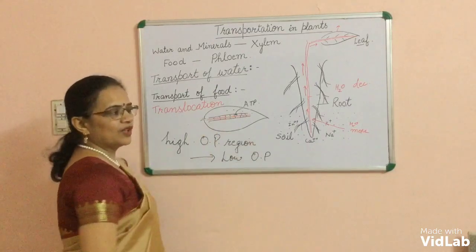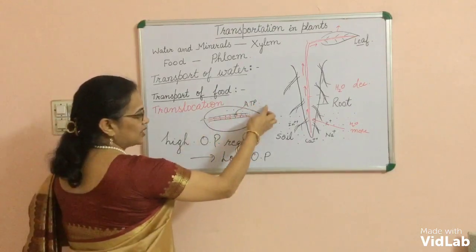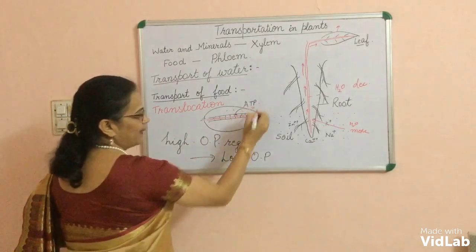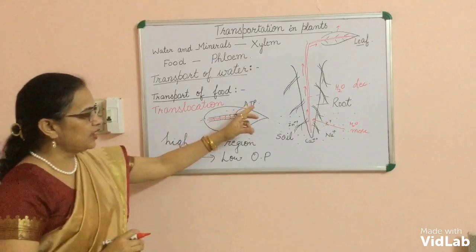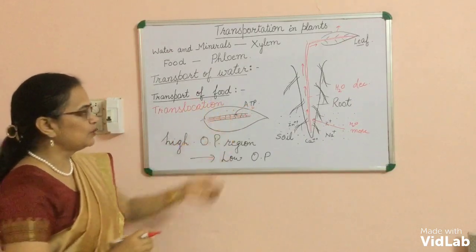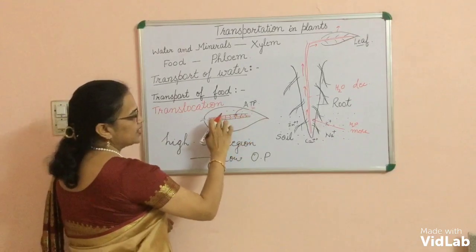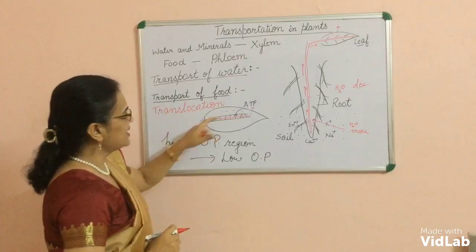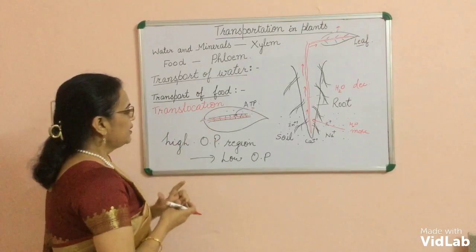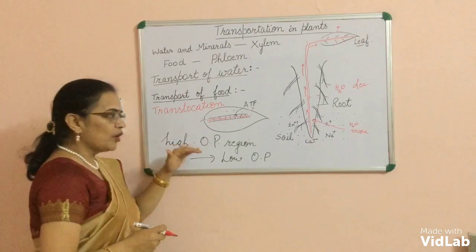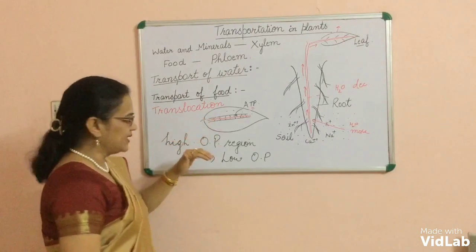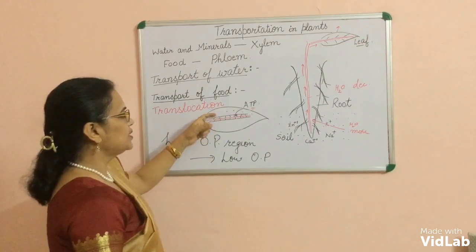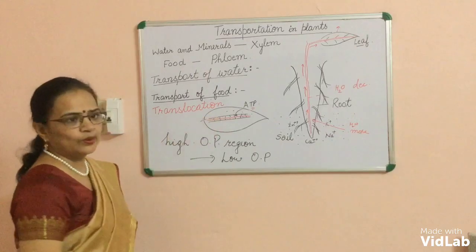Sucrose is one form of sugar that is transferred into the sieve tubes with the help of ATP. By spending energy in the form of ATP, materials like sucrose are transferred into the sieve tubes with the help of companion cells. When food enters inside the sieve tubes, the osmotic pressure inside the sieve tubes increases when sucrose-like materials enter.